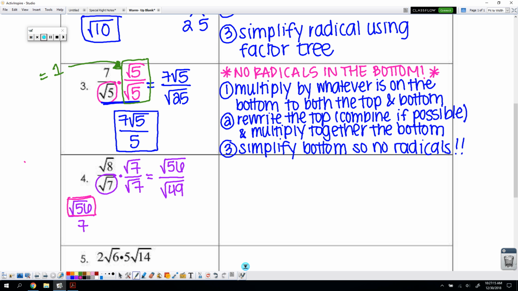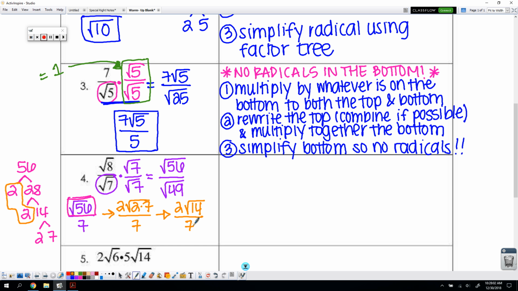So, we'll do a factor tree. 56 turns into 2 and 28, which turns into 2 and 14, which turns into 2 and 7. Alright, since we're looking for pairs, I'm going to circle a pair of 2. And then it looks like 2 and 7 are left, which means that 2 and 7 go back together on the inside. So what we have here is 2 on the out, 2 times 7 on the in, over 7. So we'll multiply it back together. 2 square root 14